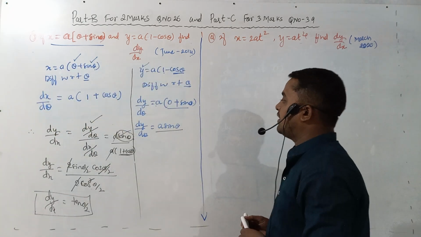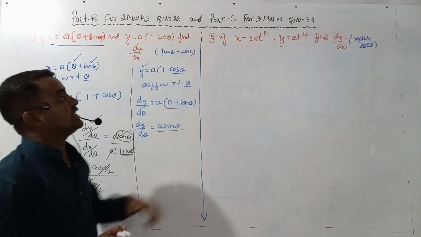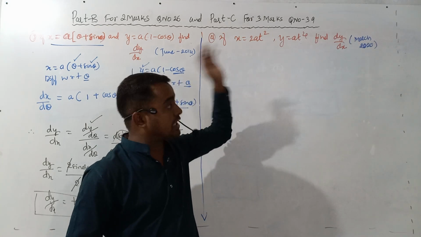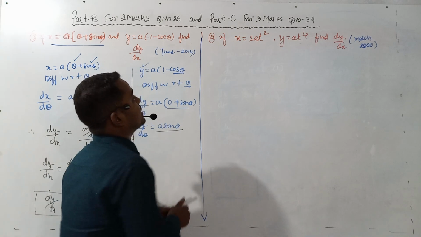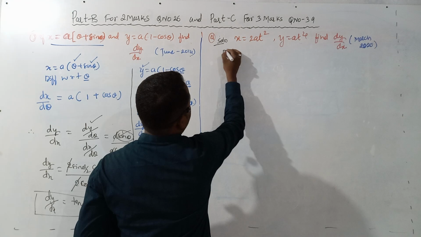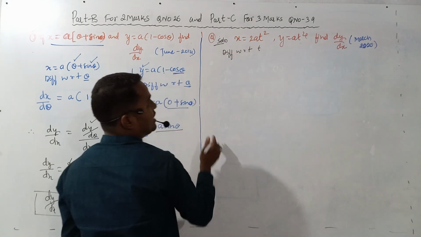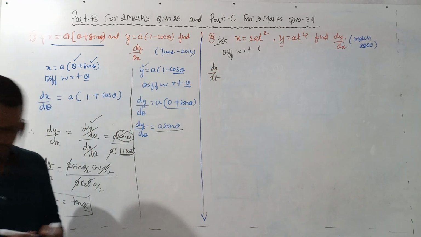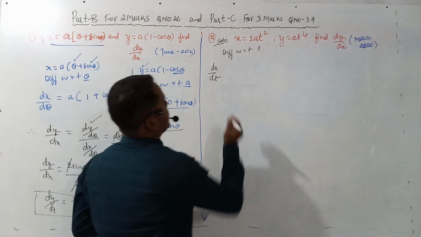Now next one. If x is equal to 2at square and y is equal to at to the power 4, find dy by dx. This question has been asked in the year March 2020 for 2 marks. So write this one here. Solution: first step as it is, differentiate with respect to t, sorry, t is the third variable here. Dx by dt is equal to